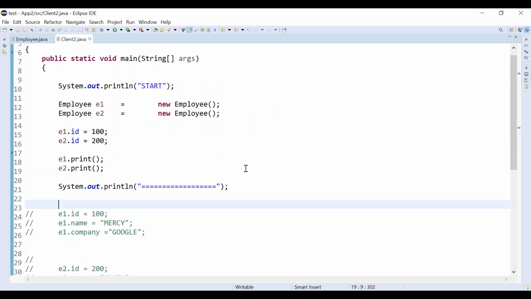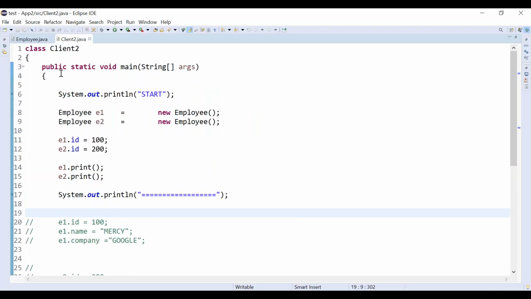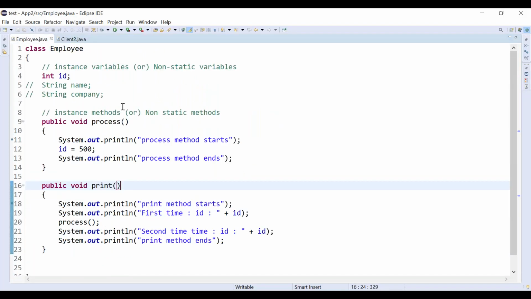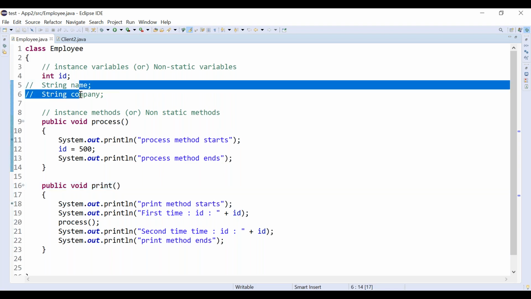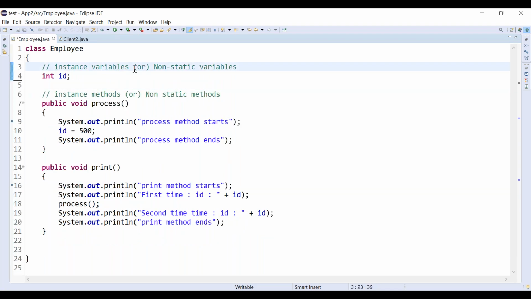So what we have seen in the previous class, a quick recap. We have seen an employee class. Inside the employee class, we have kept some of the properties, correct? We have kept only ID. And in this class, we have some instance methods also, correct? Some instance methods, process and print.